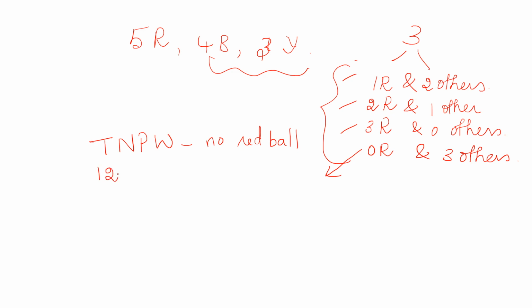Okay. So totally how many balls are there? 12. Total number of possible ways: I am taking 3 from the bag. Totally there are 12 balls in the bag. I am taking 3 balls from that. Minus no red ball, which means 0 red ball. That means all the 3 are from the others. So how many others remaining are there? 7 remaining balls are there. It may be blue or yellow, but no other condition is given, so we can consider them together. So taking 3 balls from 7, that is 7C3. So instead of finding all these options, you can find out 12C3 minus 7C3.